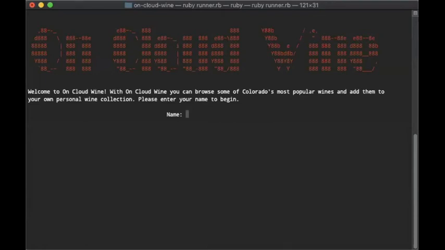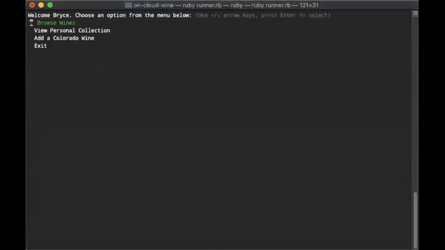Welcome to OnCloud Wine, a command line interface app built with Ruby that allows you to browse and save some of Colorado's most popular wines. To create an account, you begin by entering your name, which then takes you to a main menu with a customized welcome message. From here, let's browse wines by going to view our personal collection to see if we have